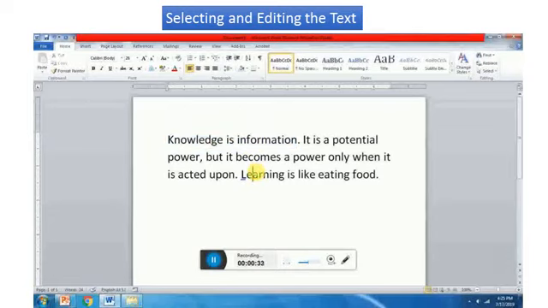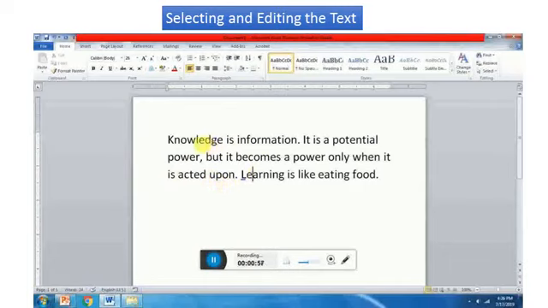So, to select a block of text, we can use the selection area, which is the blank area in the left margin of the document. This is the left margin of the document which is used for selecting. It is called the selection area. We can select the text in a variety of ways. The different ways are: first is a word.